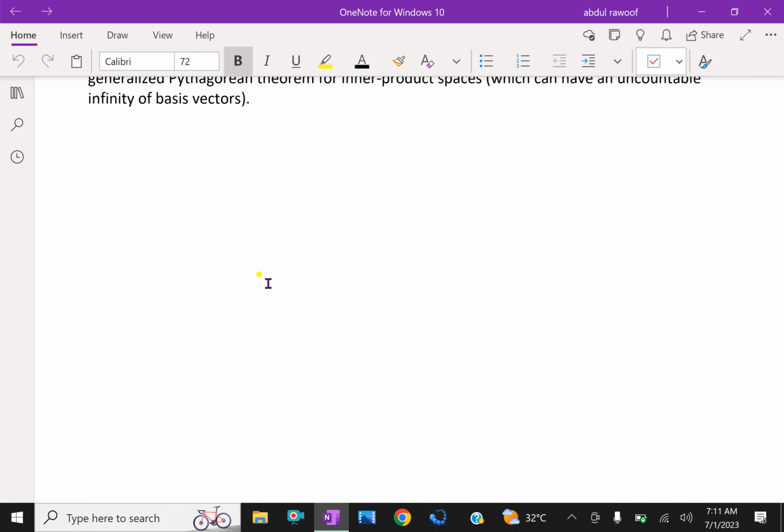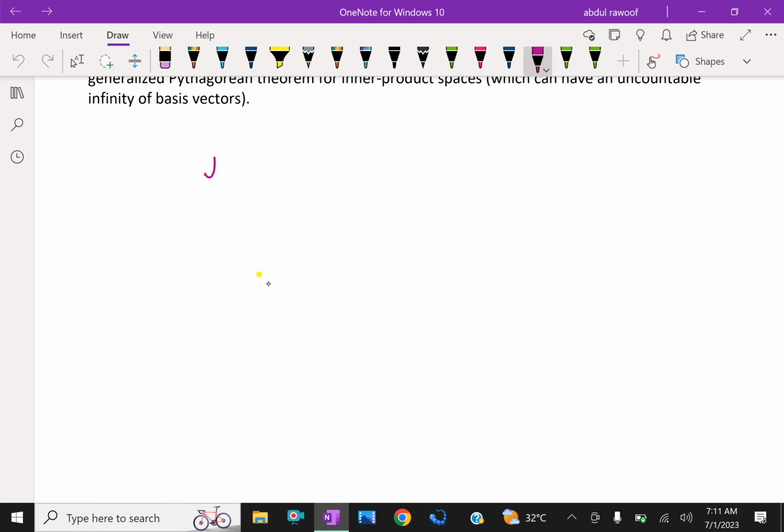Now look at here, Parseval's identity you can write as 1 over L integral minus L to L f of x the square dx, which is equal to a0 square over 2 plus sigma n equal to 1 to infinity